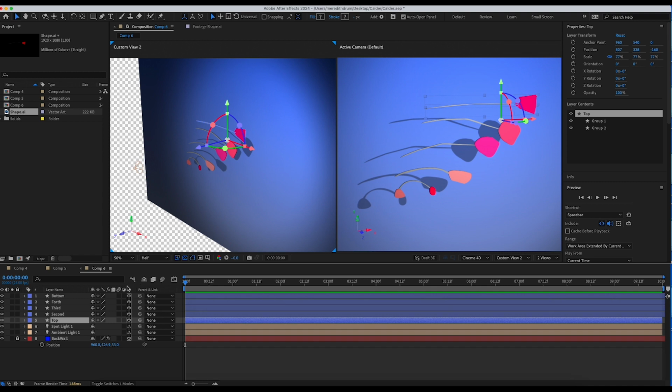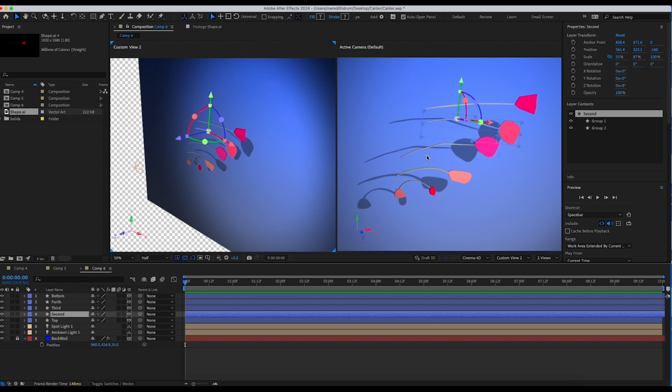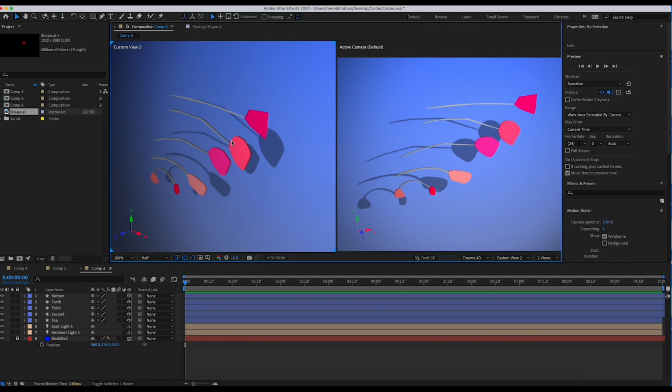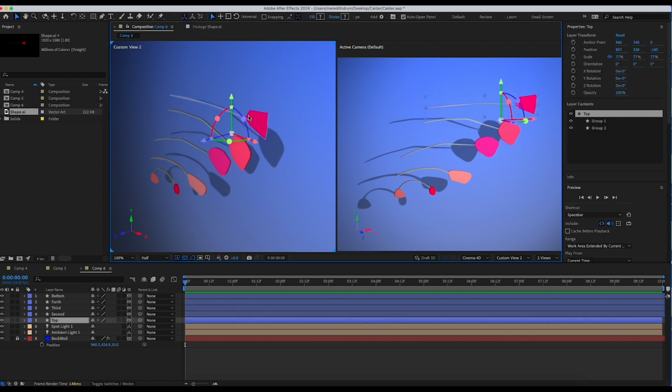All right, so let's take a look at how we rotate. I'm going to go to the beginning of my timeline. I'm going to start with the top one, which is this one. And I can see now that its pivot point is kind of off there. If I want to move the pivot point, I'll just show you as an example. This pivot point actually looks pretty good. You can see it's in a good position there for that one. But this one, it's off.